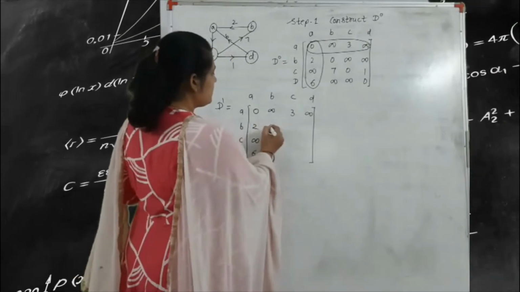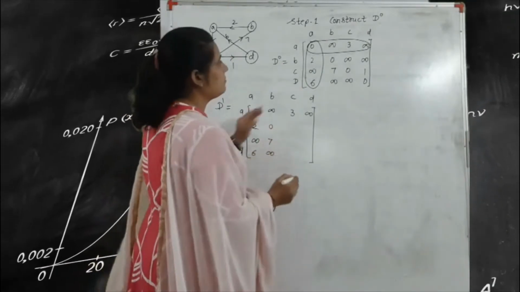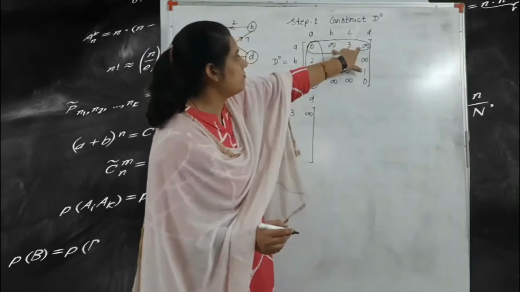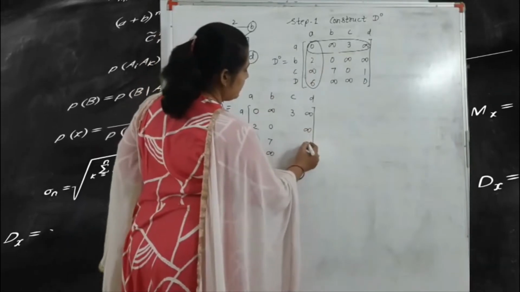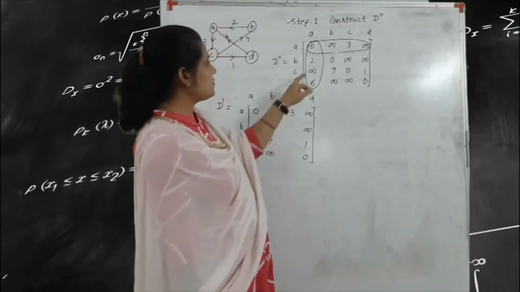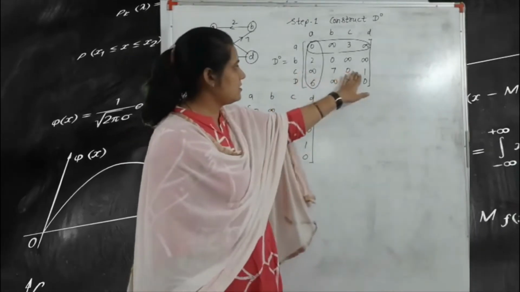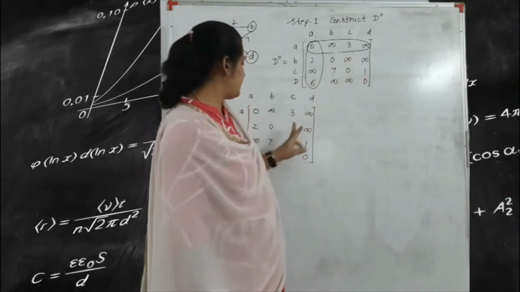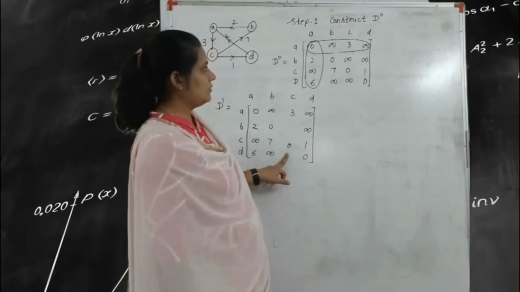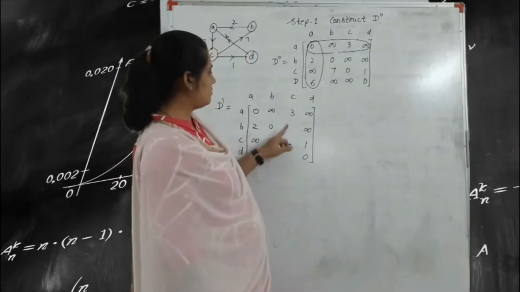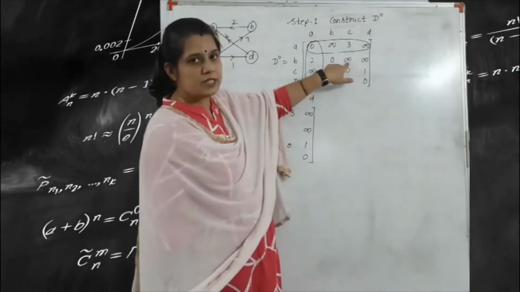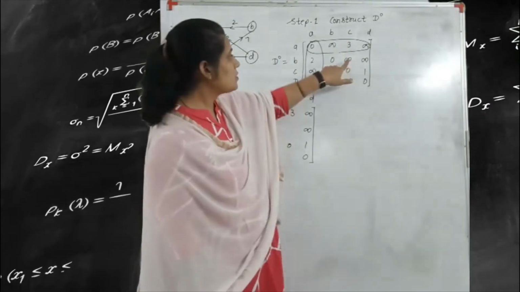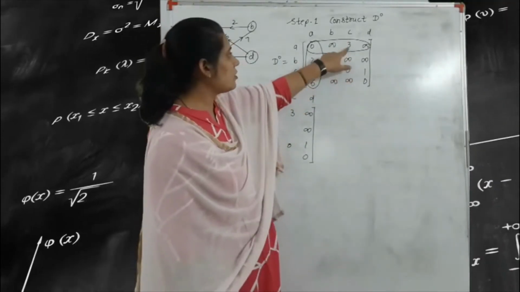So infinite, 0, 7, infinite, because this is your highlighted row and here two elements are infinite. The last one is infinite, infinite, 1, 0. Next, this is the infinite value, so we write this row as it is: infinite, 7, 0, 1. So we find only these infinite values. With the help of these two values, you check the highlighted column and highlighted row values, here 2 and 3.